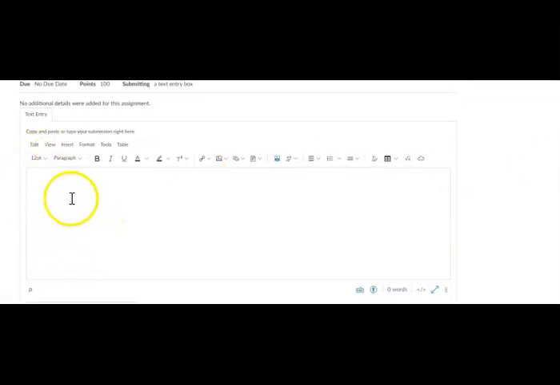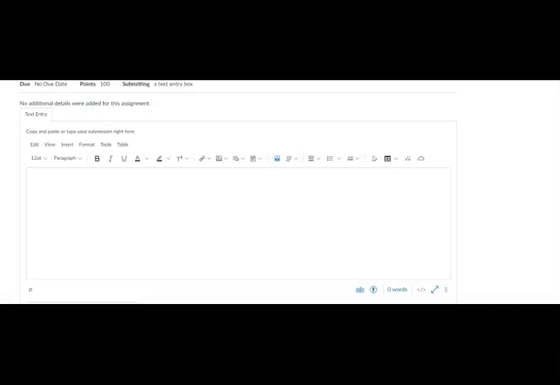When I open that assignment Submit Here page, I see right here the blue box that says Start Assignment. I click that, and then you will see a text box appear. And in this text box, I'm going to create my assignment, which is a 7-sentence paragraph. Remember, the 7 sentences are very specific, so you cannot use AI to write this paragraph for you. It will be painfully obvious because the instructions are specific.